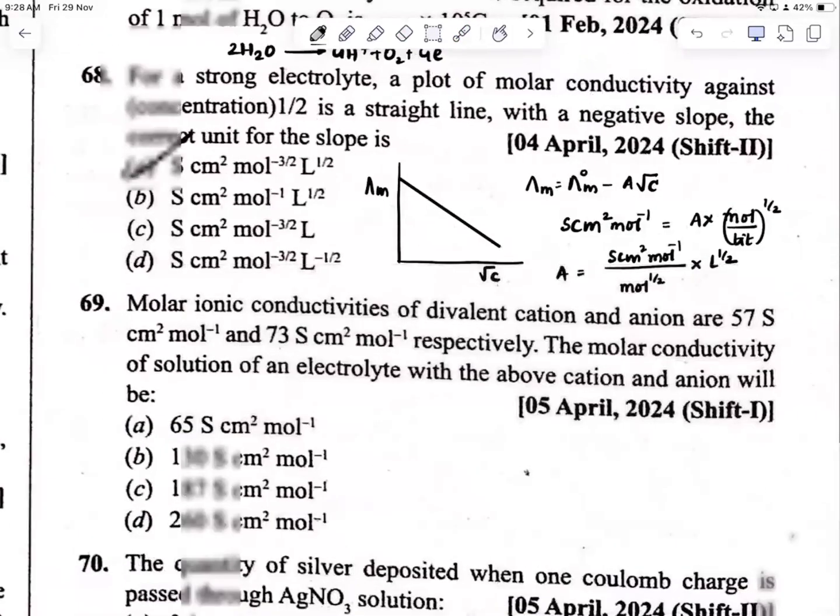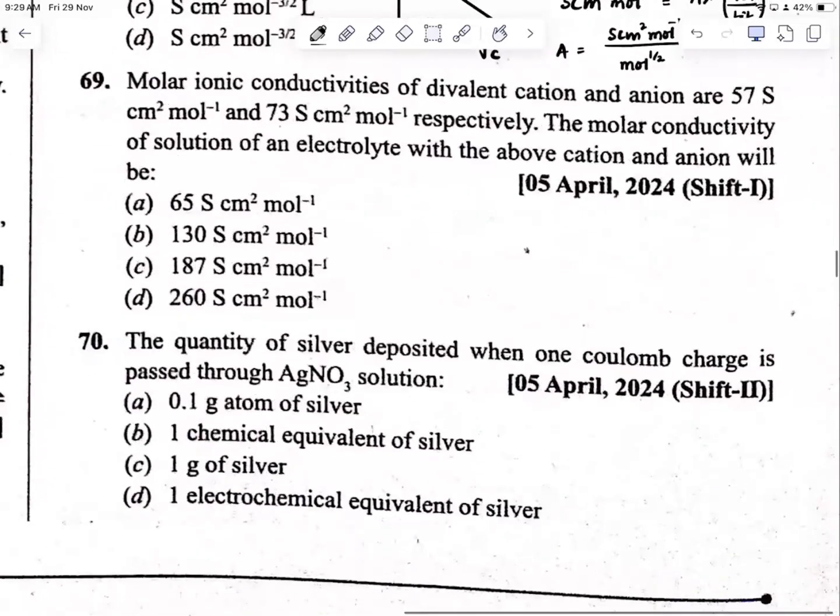Okay. Next. Molar ionic conductivities of divalent cation and anion are given. The molar conductivity of solution of an electrolyte with the above cation and anion will be how much? Okay, see, it is a divalent cation and an anion. See, if it is a divalent cation and an anion, which means